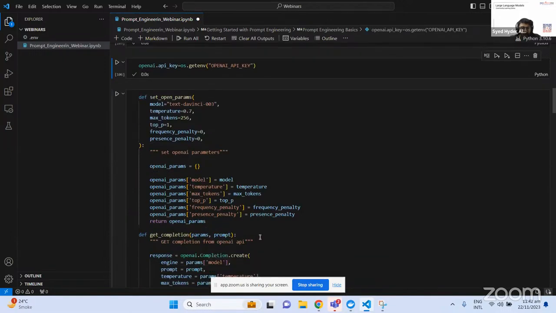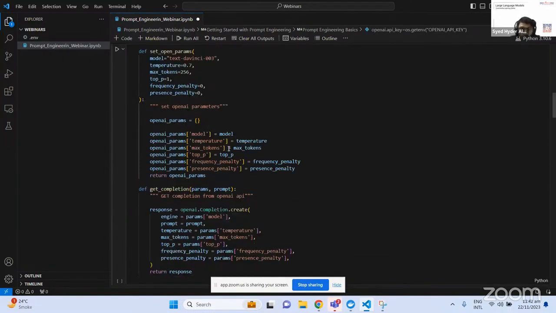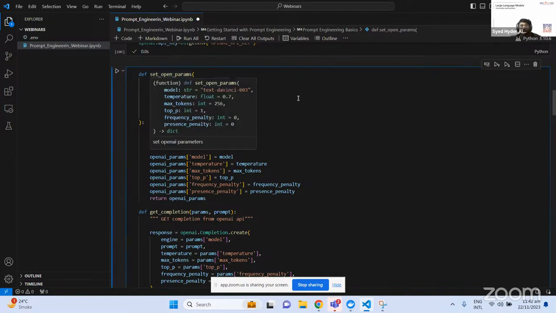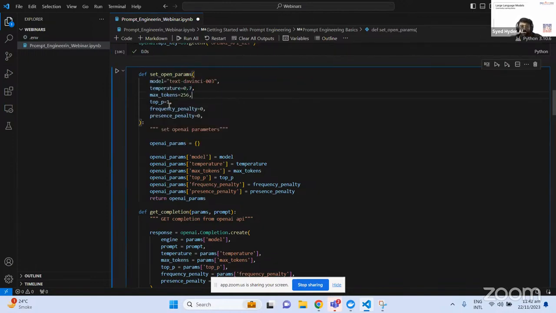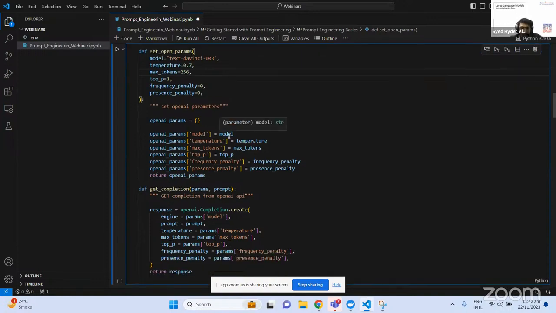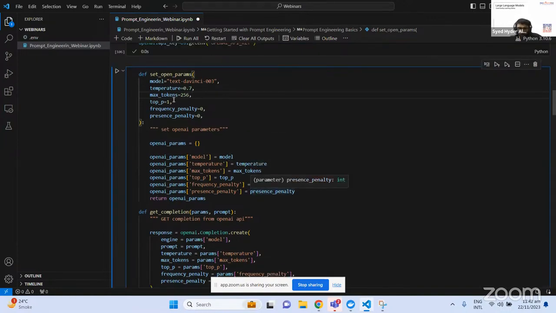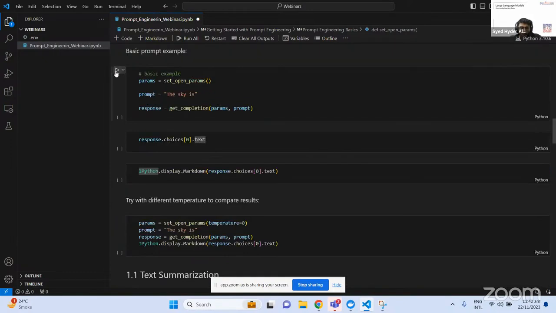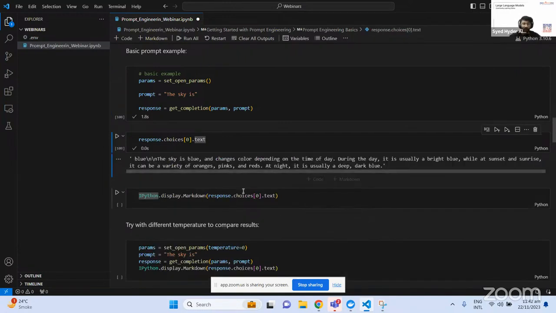Here I'm using the top p value and temperature that I told you about. You could see that 0.7 is the temperature, text-davinci is the model that I'm using, the top p value is 1, and I'm keeping 0 as the value for the other parameters. For example, the simple example: the sky is. You can see that the sky is blue. It is generating based on the next token.